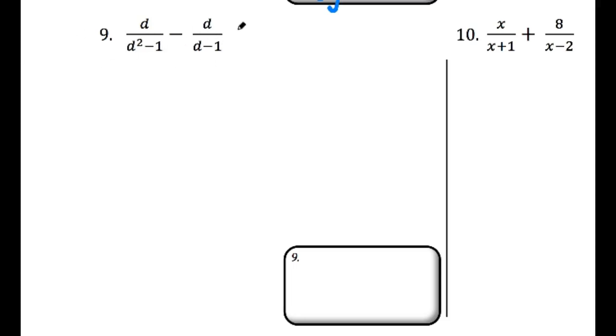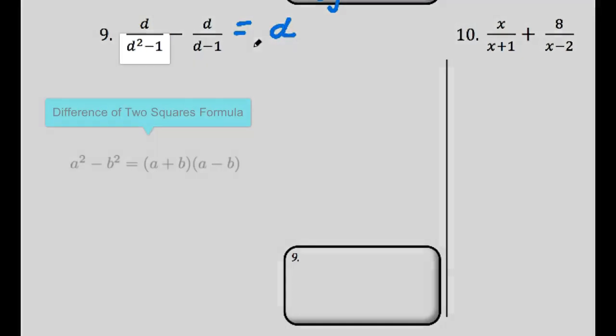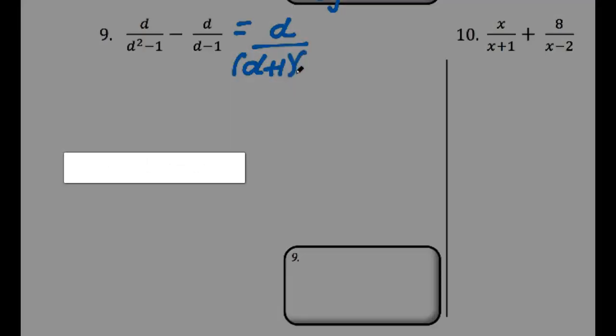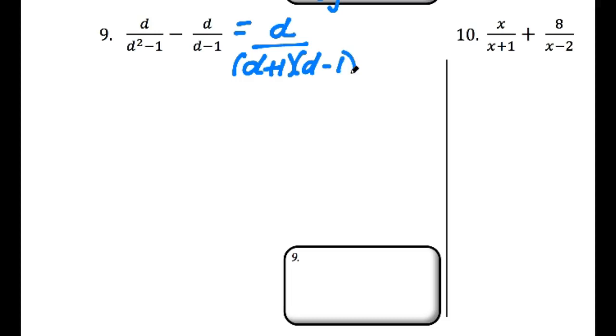So let's look at number 9. You can go ahead and factor the denominator. Again, that's a difference of two squares. It's going to be d plus 1 times d minus 1. So it's like number 8 in the previous example. And we're going to minus d over d minus 1. So we can see that they both share a d minus 1, right? So the common denominator here is going to be that d plus 1